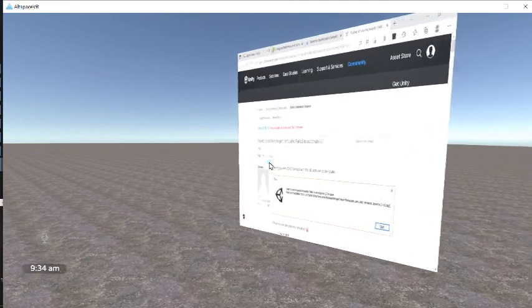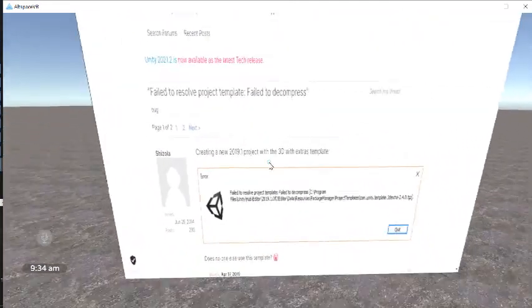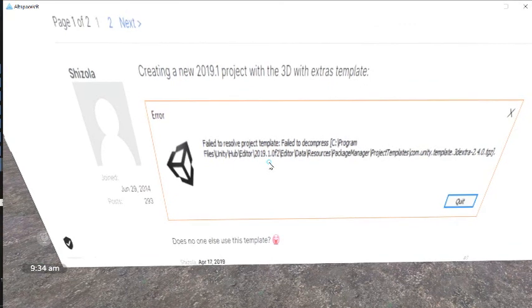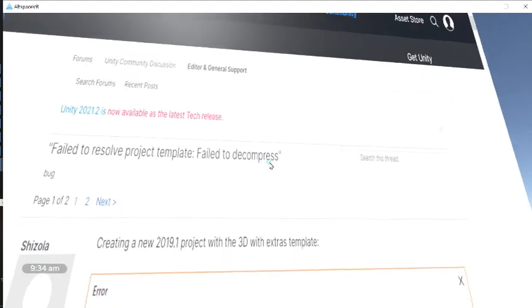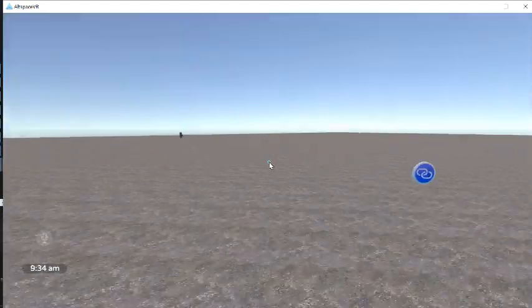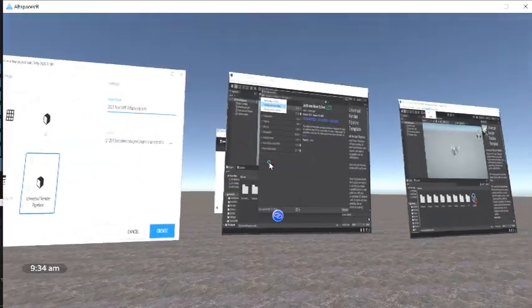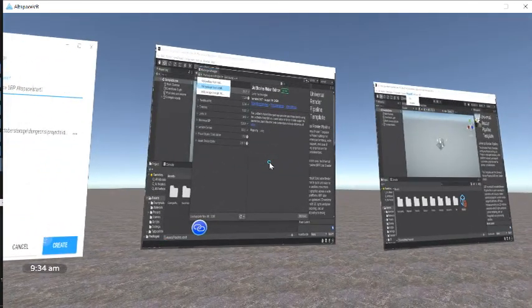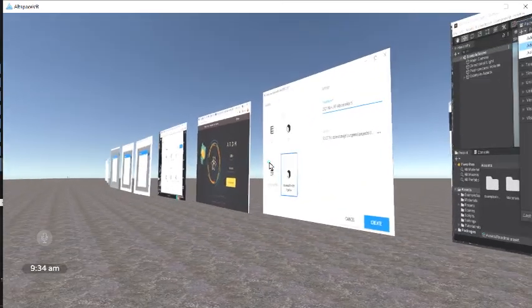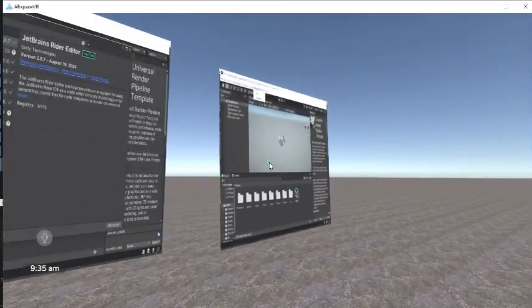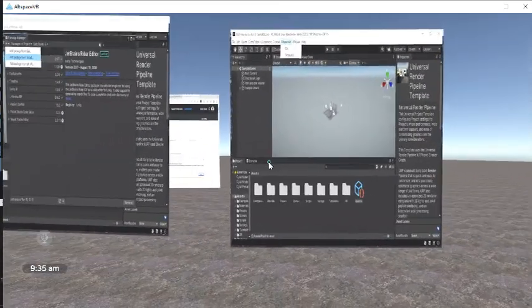Kits and templates. Now, one of the problems I had was this error: failed to resolve, project template failed to compress, and that was due to having an out-of-date hub, so I had to re-update the hub. But you may not need to do that because you're downloading the hub fresh, so it should be up to date. So that's how to get going with Unity and altspace, and in further tutorials,